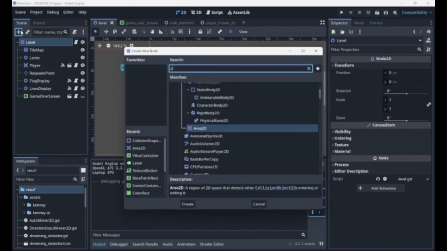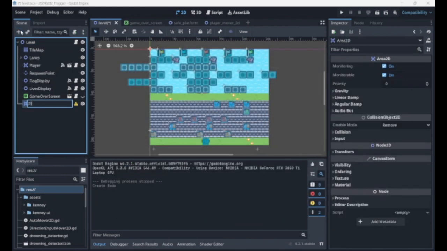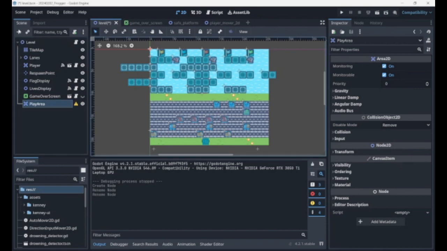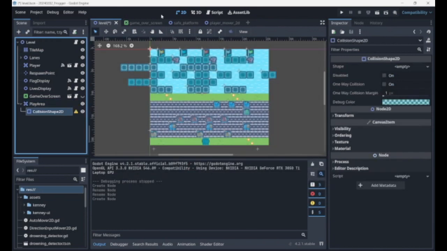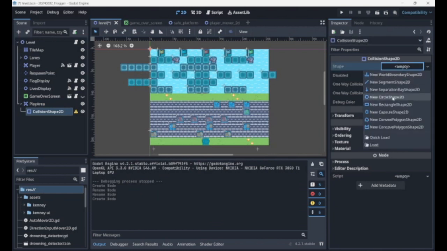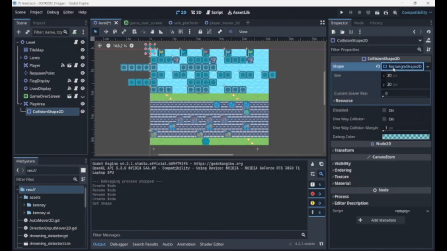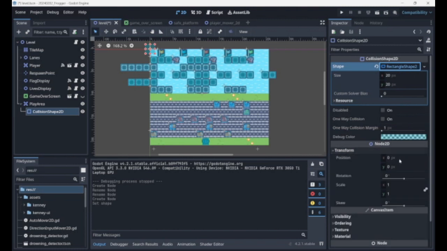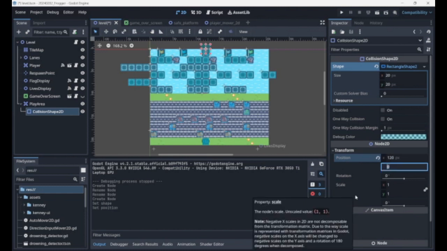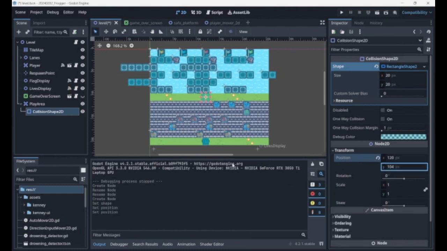So to do that, we need to add an Area2D, call it play area, and add a CollisionShape2D. I'll make it a rectangle to match our world. I'm going to position it at the center point, not including this bottom row, which makes it 120 and 104. And then the size is twice that in both directions,